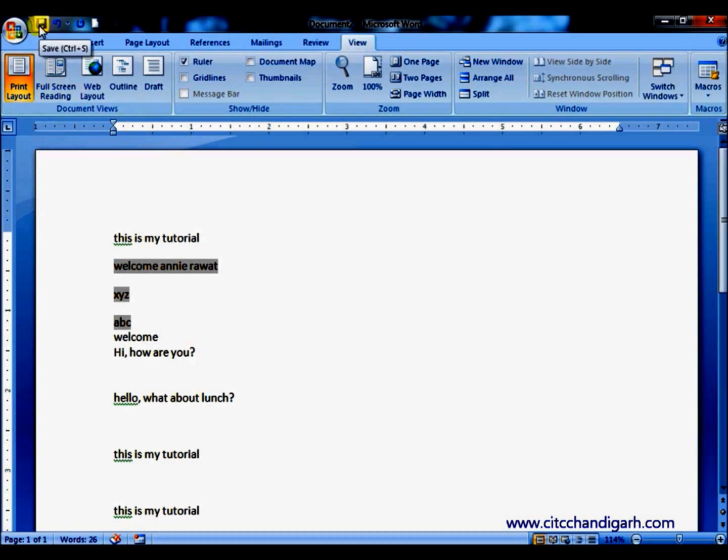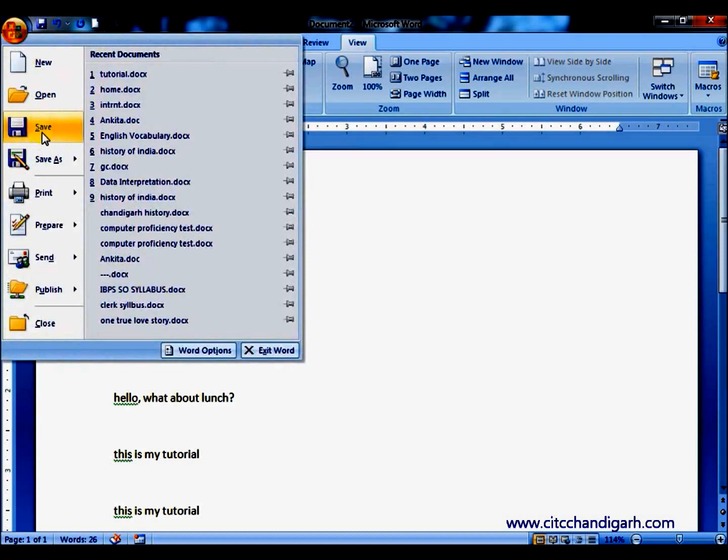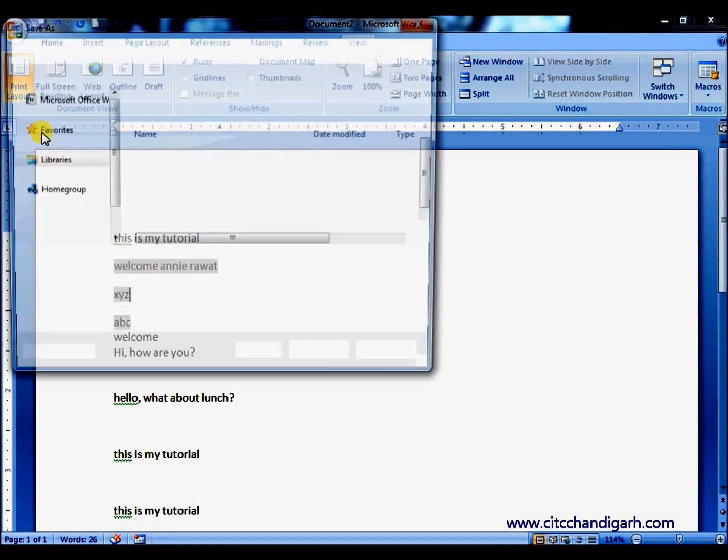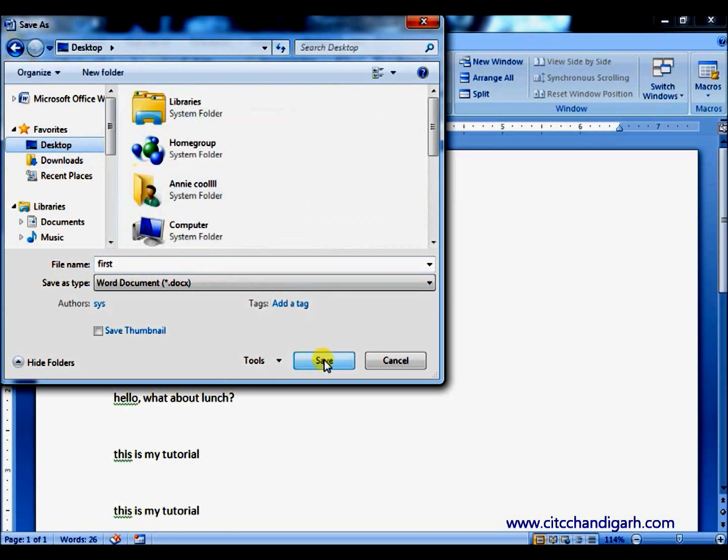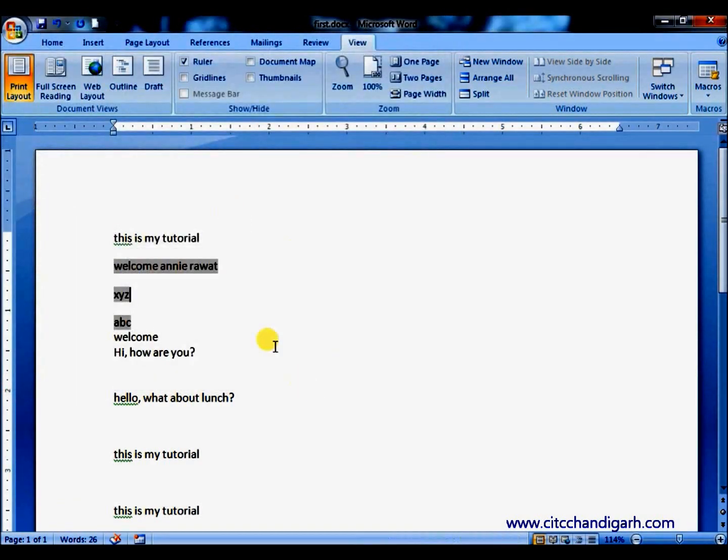You can save your document by using this button, or Ctrl+S, or by using save. You can save it by giving a location on desktop. The document